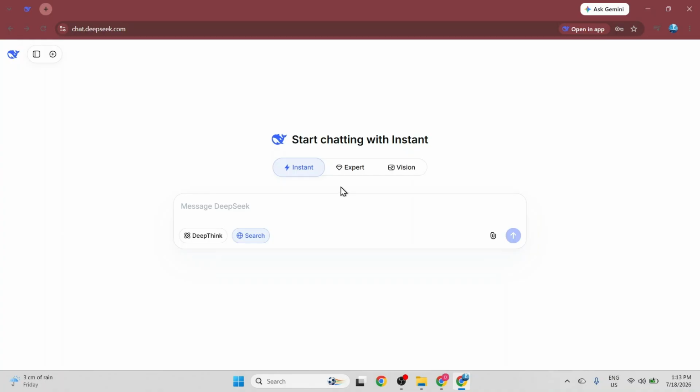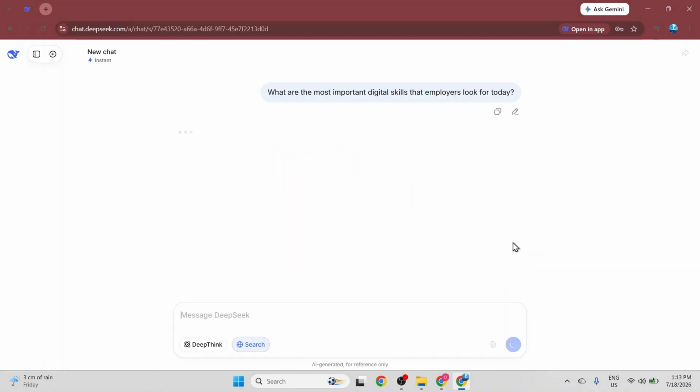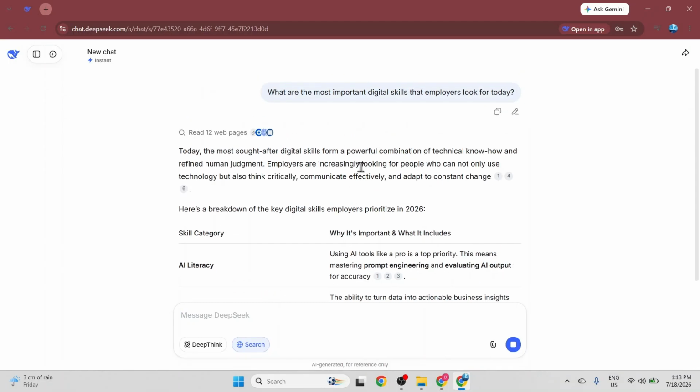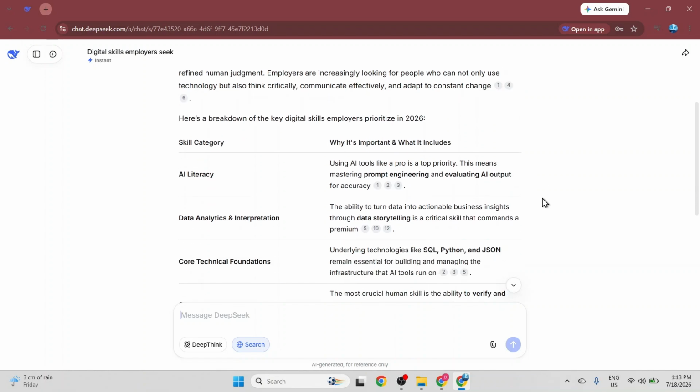click inside the main input box labeled Message Deepseek and enter a prompt. I type out the question, "What are the most important digital skills that employers look for today?" Once the text is fully typed, I click on the blue arrow Send button located on the right side of the input field. The AI immediately begins processing the prompt, performing an automated web search across multiple web pages to